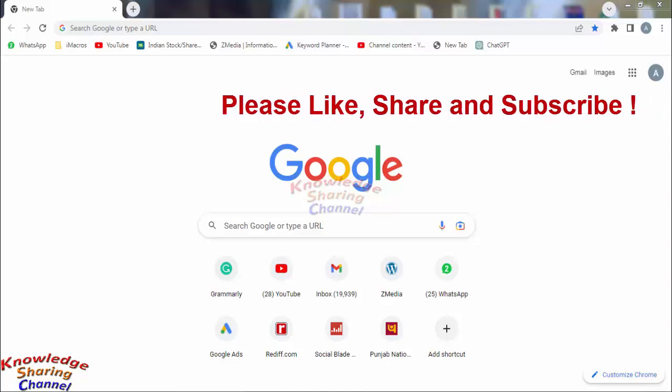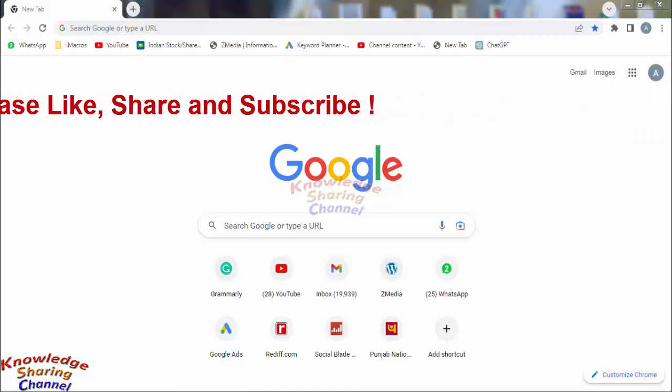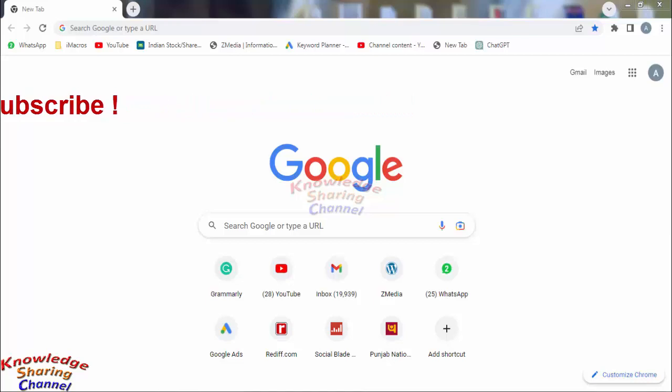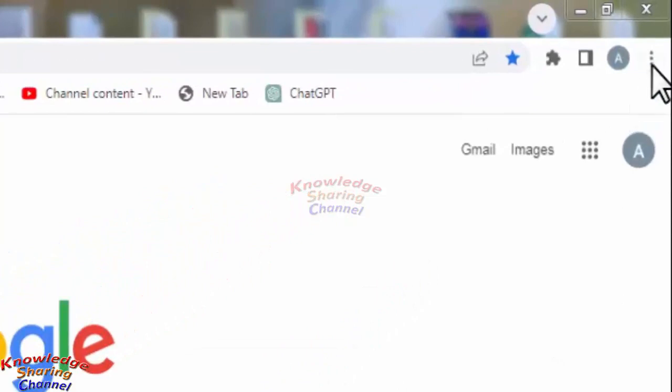Today I will show you how to allow or block camera access in Google Chrome. Friends, if you face any problem in allowing or blocking camera on Google Chrome browser, then you simply need to click on these three dots